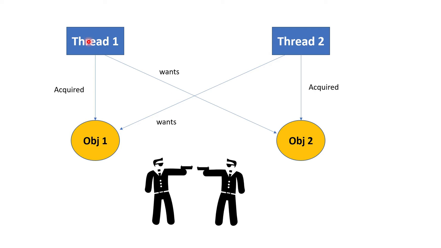In the same way, this is also true for thread 1 and thread 2. They are holding some object and both want to acquire the other's lock. So that will be an infinite process, it will go on. This is the deadlock situation. The same situation we can create using the main thread also.